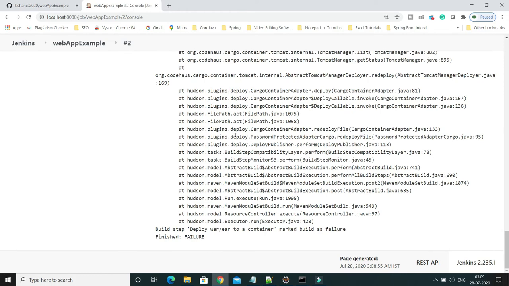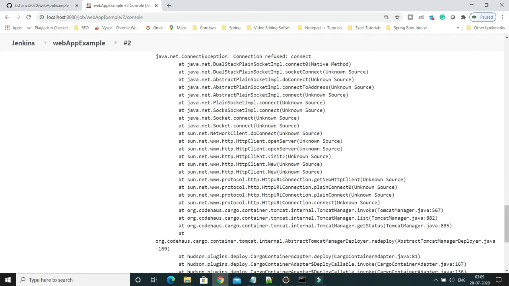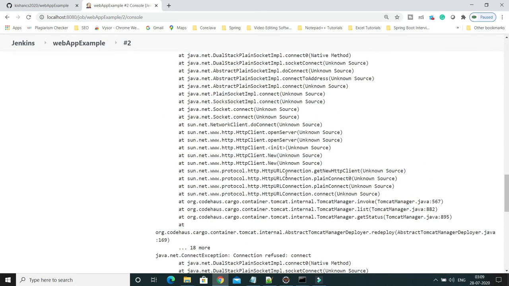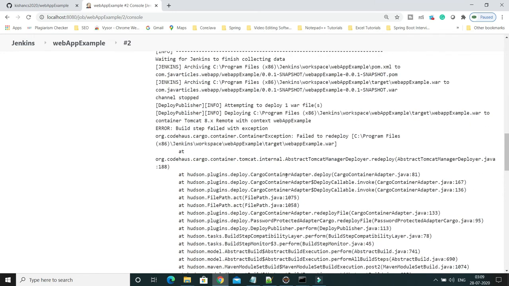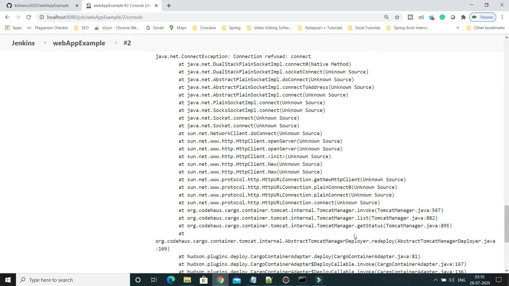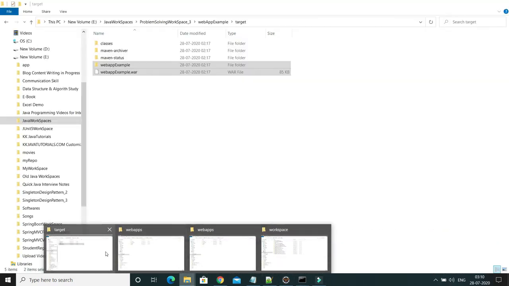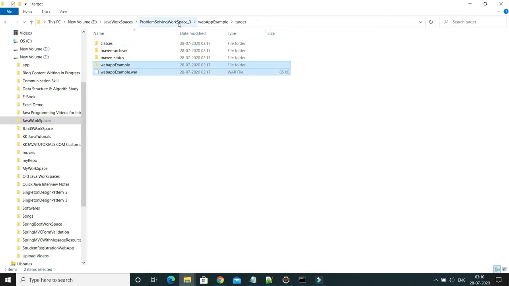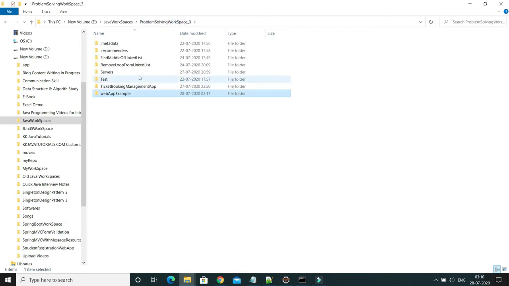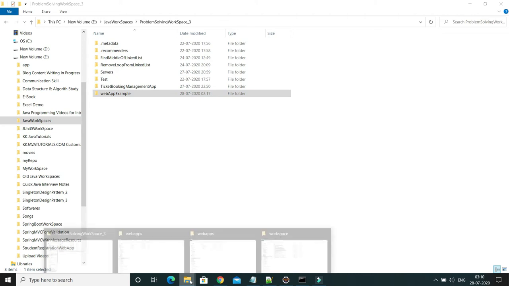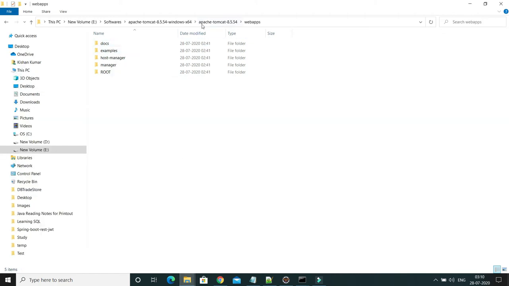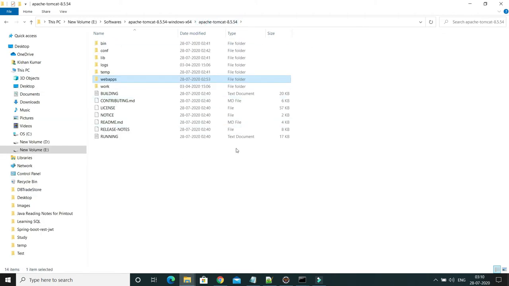So build succeeded, and now what is happening? There is still some problem, guys. I think I have closed the Tomcat window, so I have to start the Tomcat again. I think I had started Tomcat, but by mistake I closed that Tomcat window.